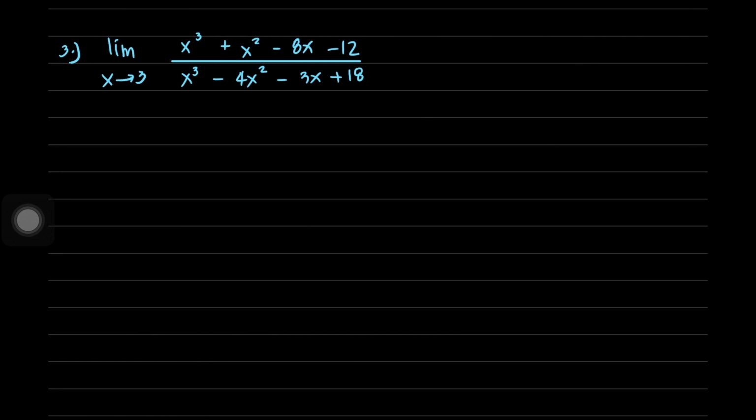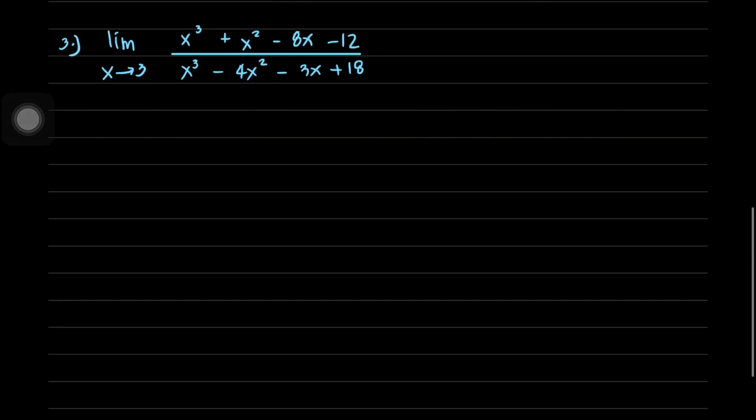Now let's have the third problem here. Find the limit of x cubed plus x squared minus 8x minus 12 all over x cubed minus 4x squared minus 3x plus 18 as x approaches 3. The first thing that we're going to do is to determine f of 3 in this function. So this is now equal to 3 cubed plus 2 squared minus 8 times 2 minus 12 all over